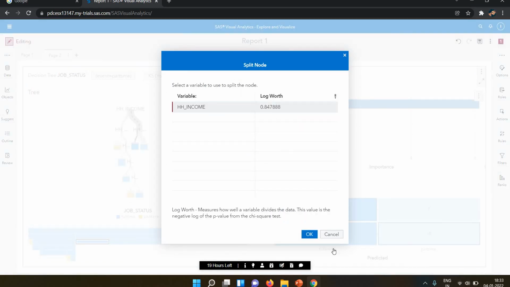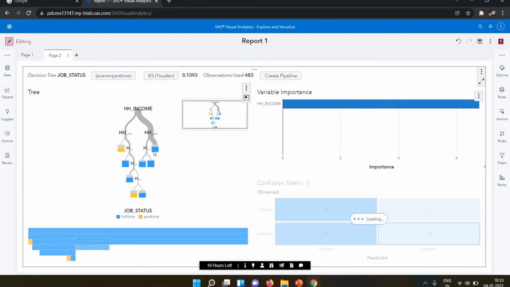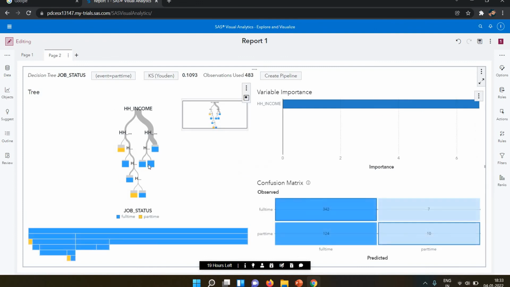So they are showing what you're doing to split. Now you can see here it will be split into two parts. The first part is the full time, and they show the data about the full time here. This is also the full time, because I distributed this into two types.